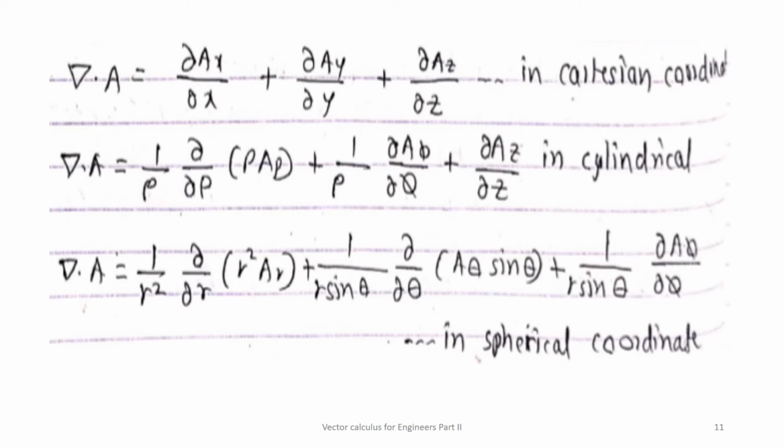Here we define divergence of A in three different coordinate systems. Now the basic formula for divergence of A is: divergence of A is equal to limit delta V tends to 0, where delta V is a small imperceptible volume. So limit delta V tends to 0, the contour integration, that is for a closed path, and because of that there is a surface. So contour integration of A dot ds divided by delta V. Again I will repeat, limit delta V tends to 0, contour integration of A dot ds divided by delta V.